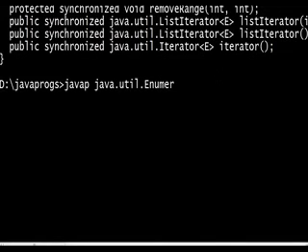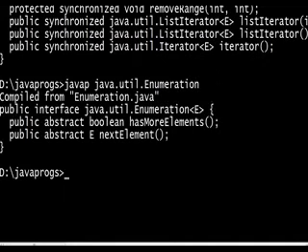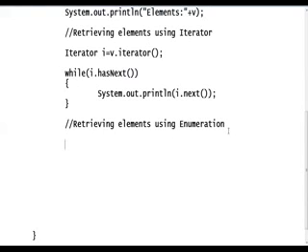We have some methods. See what the methods are here: hasMoreElements, nextElement. Okay, we can call these hasMoreElements and nextElement. How to create it? Now create an enumeration object. Enumeration e equals v.elements(). We have the elements method. If I call elements, an enumeration will be returned. So what are the methods? It has two methods, right?